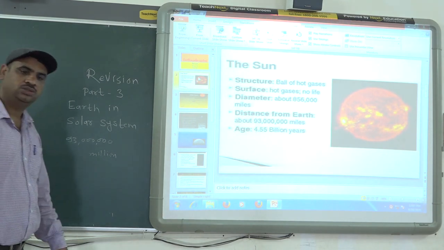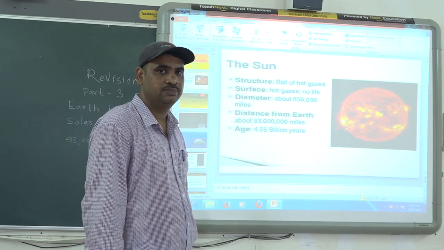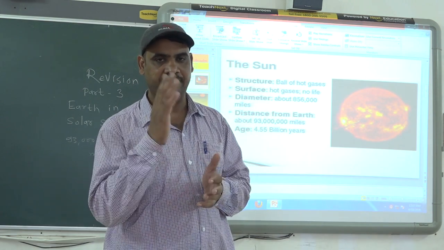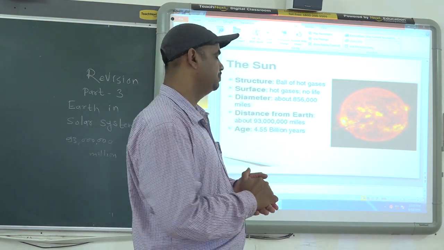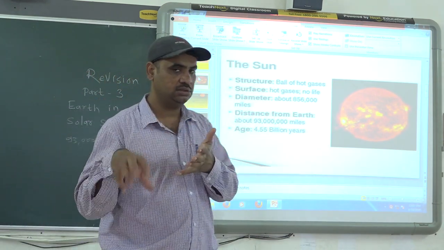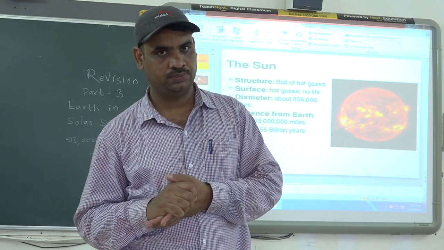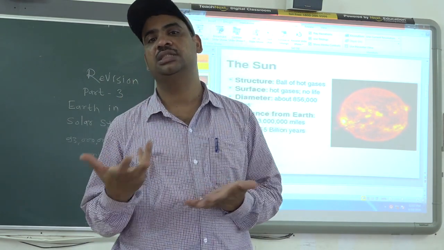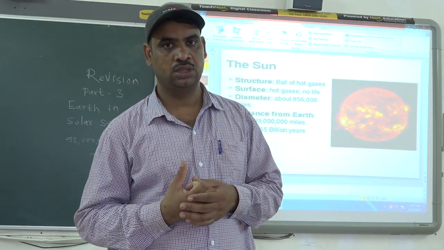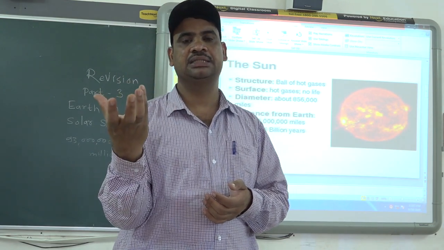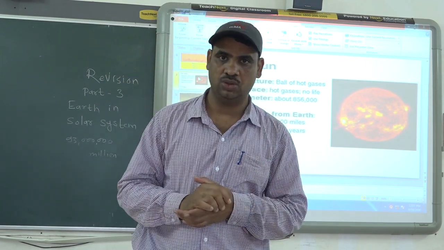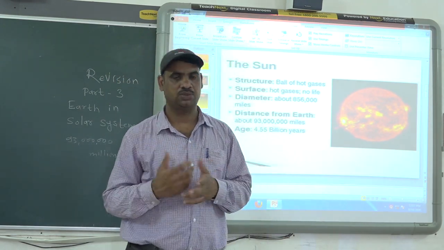Next, we have some activities for you. You have to either draw the solar system model, or you can create the solar system model using balls of different sizes. For different planets, you can use balls of different colors and fix them on a chart. I have shown you last year's examples of such charts.